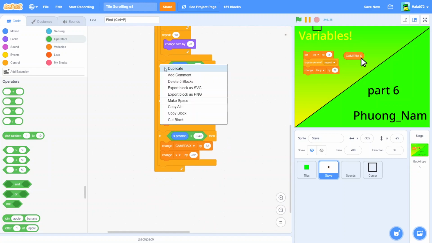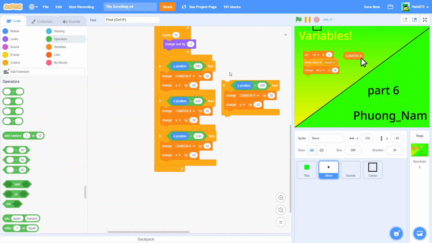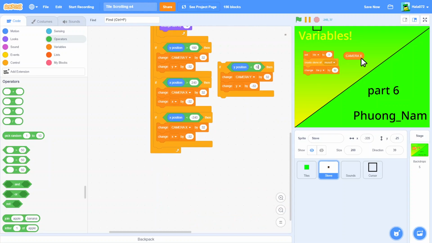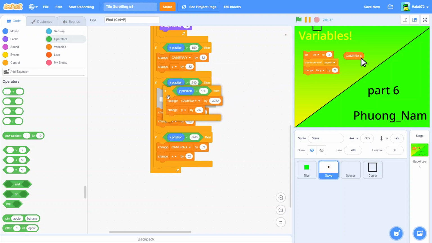There we go. If y position is less than 180, change camera y by -32 and change y by 32. Actually change X by 32. And now running that again,